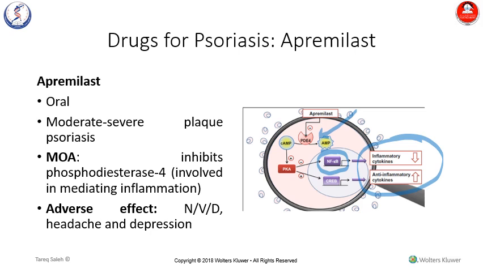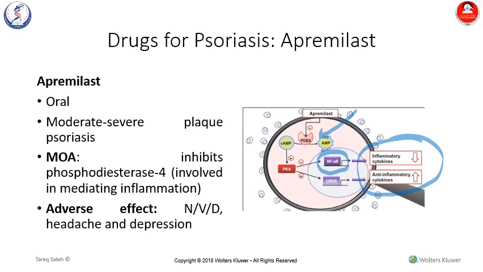The most common adverse effects of apremilast are GI symptoms, including diarrhea, nausea, and headache. Some patients may develop depression, and since apremilast is metabolized in the liver, it's a strong CYP450 inducer, and hence it has many